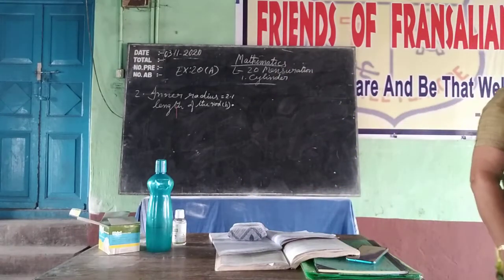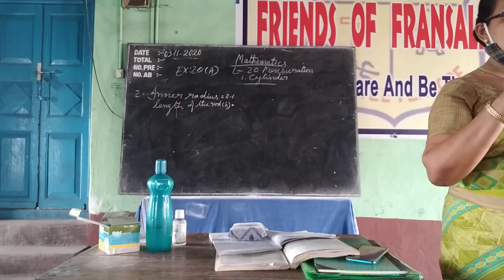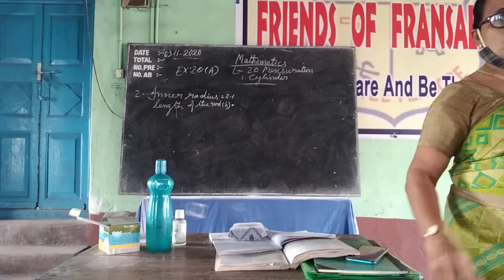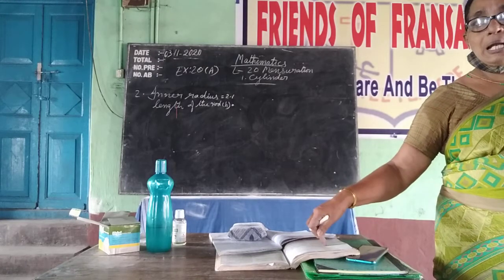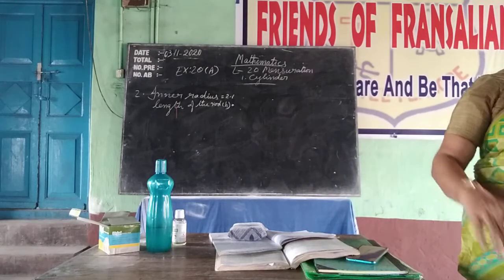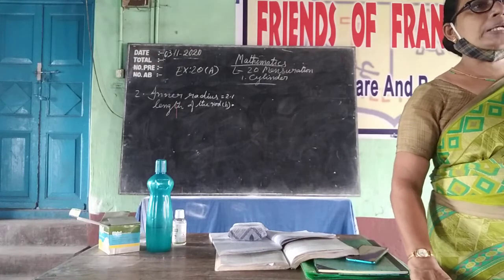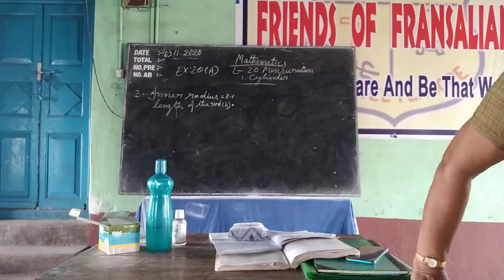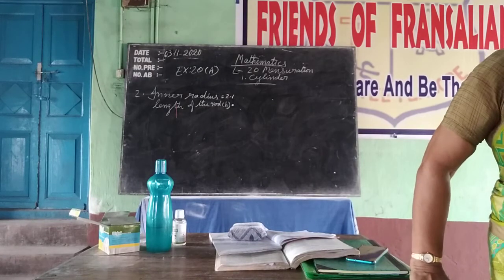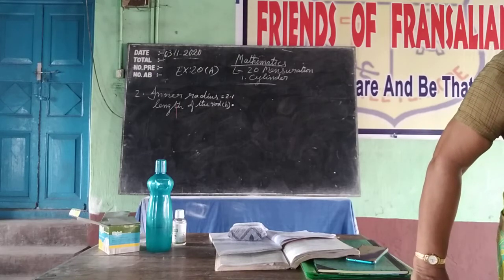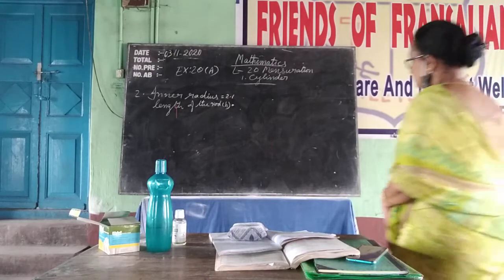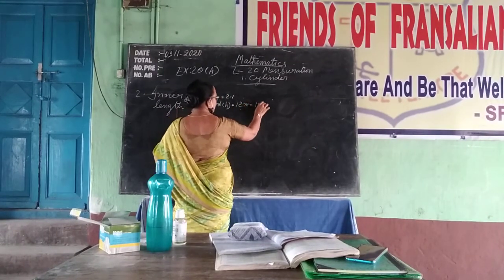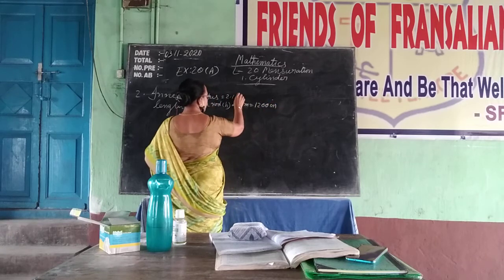All the measurements should be in one unit, not some centimeter, some meter. Whichever is convenient, convert to that. Here length is given 12 meter, whereas the radius is given 2.1 centimeter. So better convert the meter into centimeter. How many centimeters is 1 meter? 100 centimeter. So 12 meter is 1200 centimeter. First write down 12 meter, then write down 1200 centimeter, because both should be in the same unit.